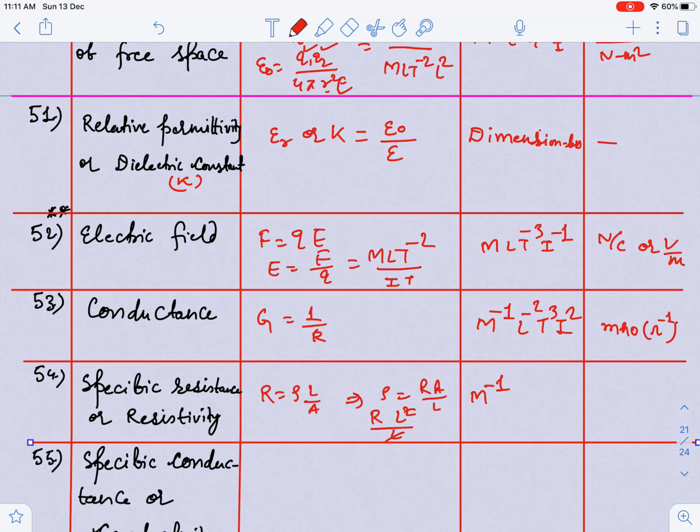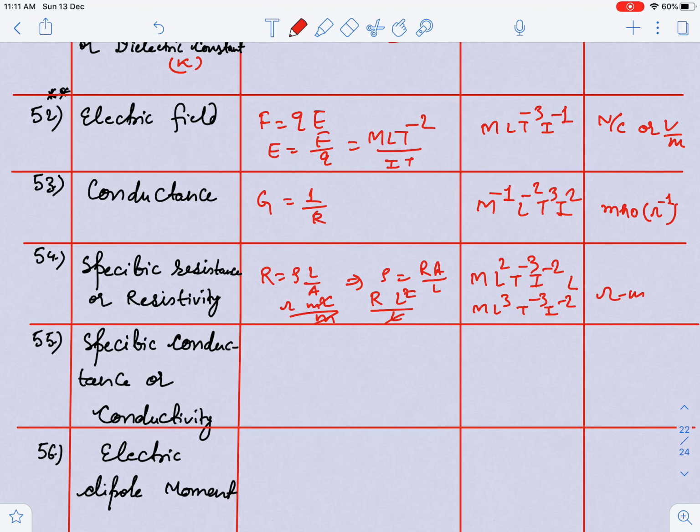Conductance reciprocal is resistance. So whatever value comes, I will just inverse it and multiply by this one. So this one will be ML²T⁻³I⁻². This is resistance, multiplied by length only. So can I write, guys, ML³T⁻³I⁻². And the unit is ohm meter, because resistance is ohm, guys, and meter square by meter, so one meter cancels.